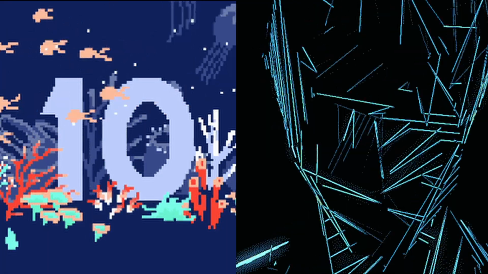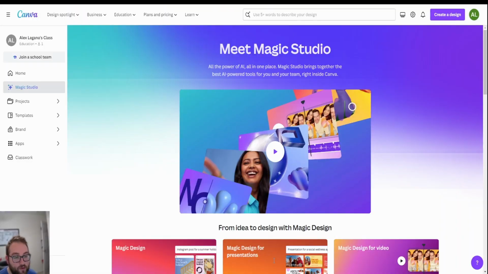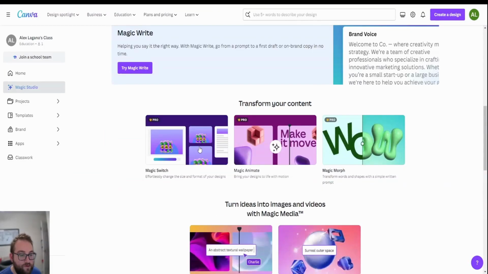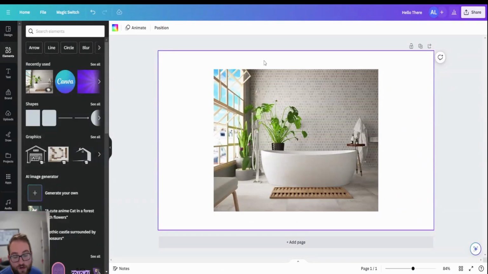I'm going to show you 10 AI-assisted tools in Canva that will help you achieve your ultimate vision. The first set of tools that we're going to get into are the Magic Switch. So right now I have a picture of a bathroom with a bunch of things in it that might be a little cluttered. So what I'm going to do at the start is I'm going to come up here and